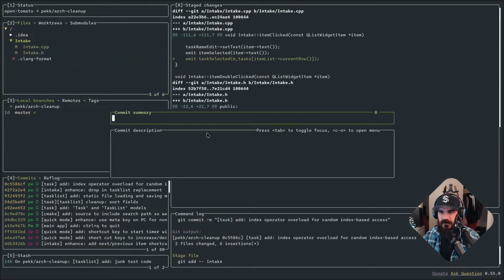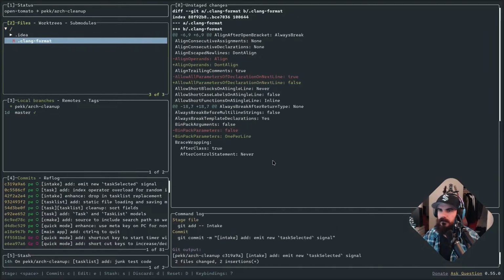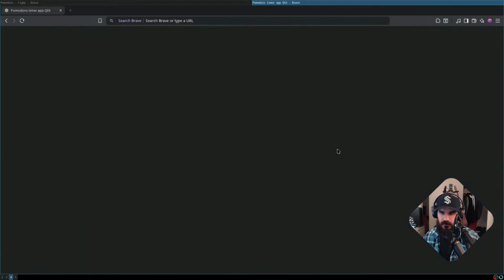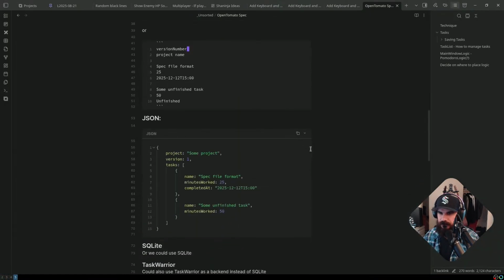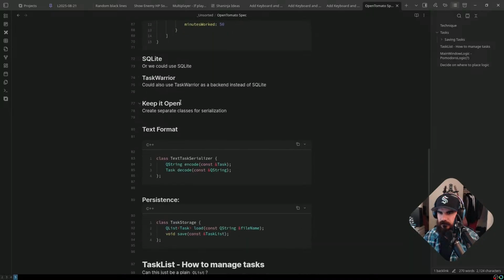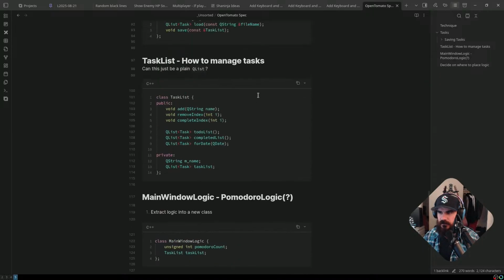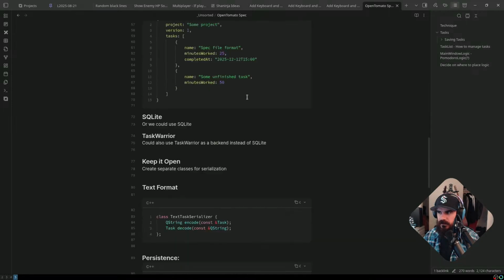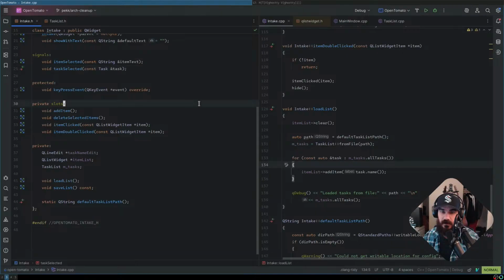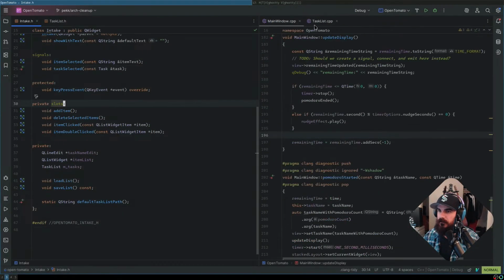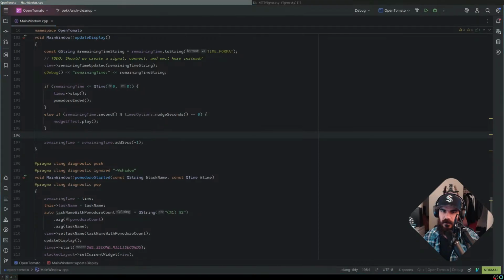And then here, I'm just gonna say intake, emit new task selected signal. Cool, coolio. Let's go to my notes on screen 5. So that's what we have here. I would also like to encapsulate some of my logic. So let's take a look at main window, and that's what we're going to work on here. So we dropped in our replacement, make controllers, what we're working on now.